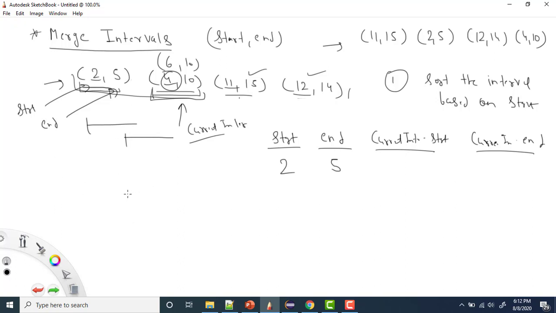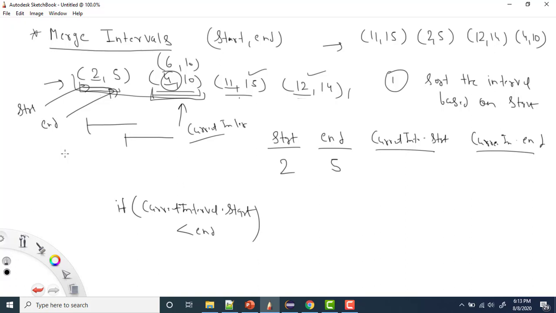So what we need to check is if current interval dot start is less than the end. So what is end? End is this one, right?